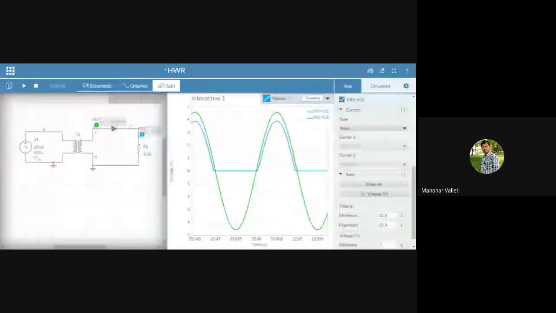But here I'm using a different way. I'm opening one more window of Multisim to show you the circuit.